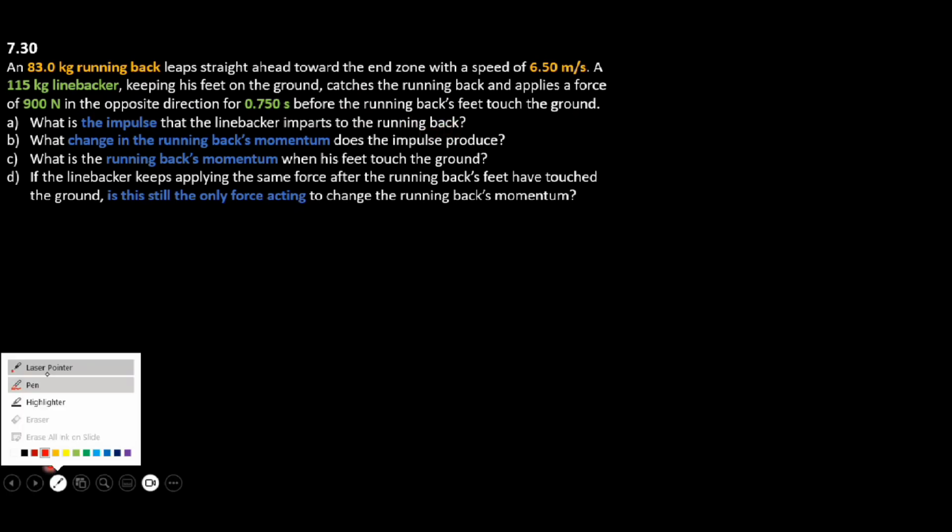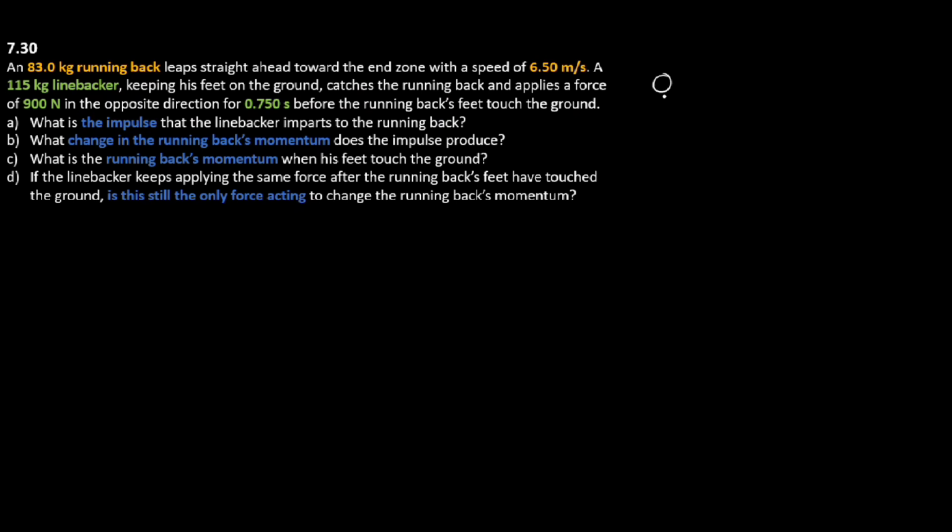Let us first sketch the question. You have a running back that leaps in the forward direction, that jumps forward with a speed of 6.50 meter per second. So I will write down the speed of the running back as VR, which is 6.50 meter per second. The mass of the running back is 83.0 kilogram. And he leaps forward